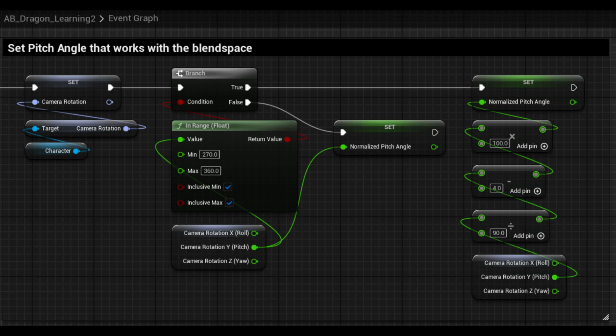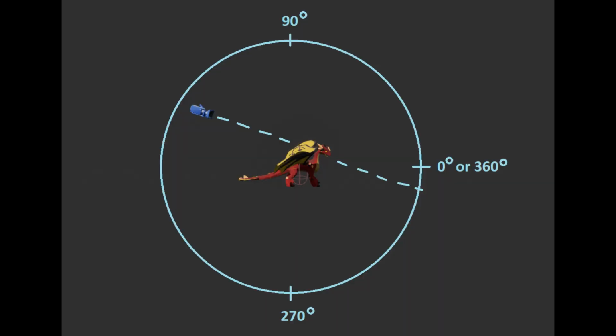The math to calculate this normalized pitch angle was fun to come up with. I am using the word normalized incorrectly here. What I mean is that I am taking the raw pitch angle and I am mapping it to the minus 100 and 100 interval. I start by taking the pitch of the camera rotation. This has the values of the right two quadrants of the trigonometric circle. So 90 if I am looking all the way up, 0 or 360 if I'm looking straight ahead, and 270